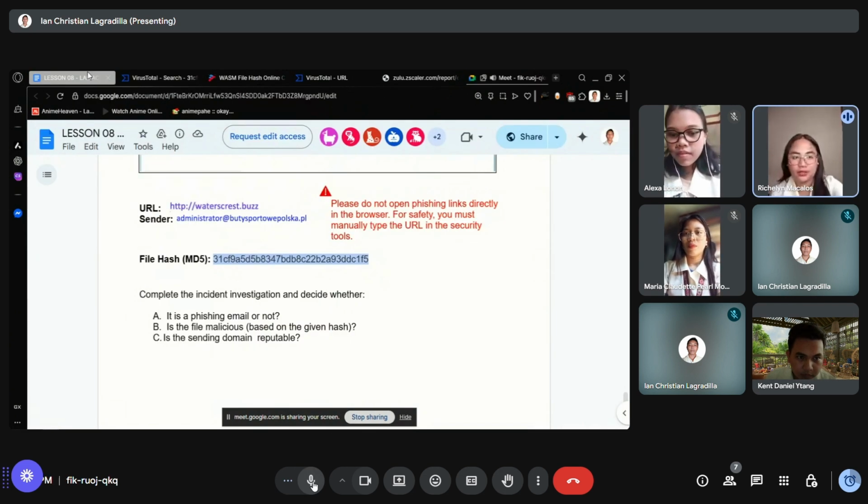Finally, we'll check the reputation of the sender's domain using Cisco Talos Intelligence.